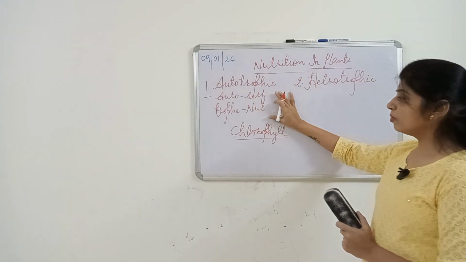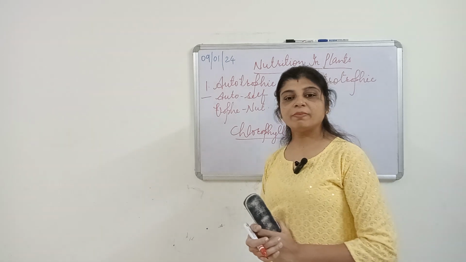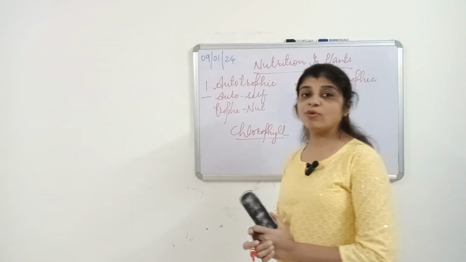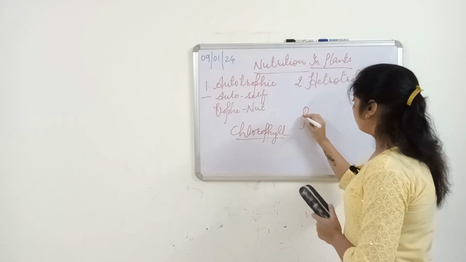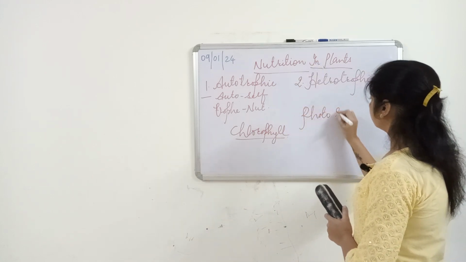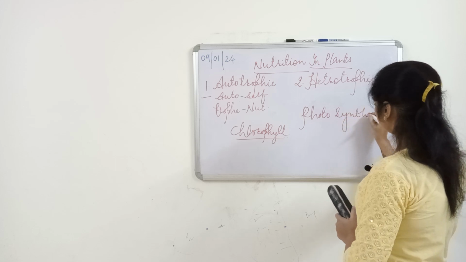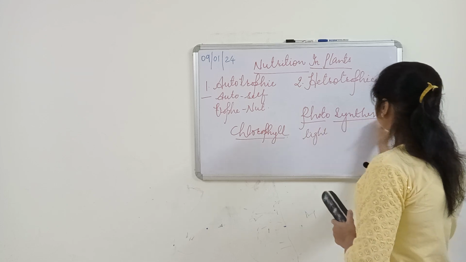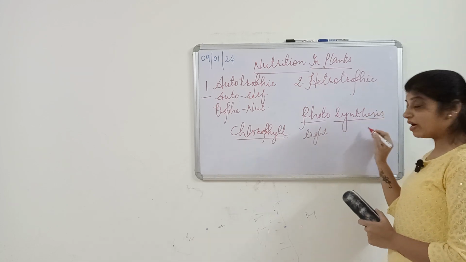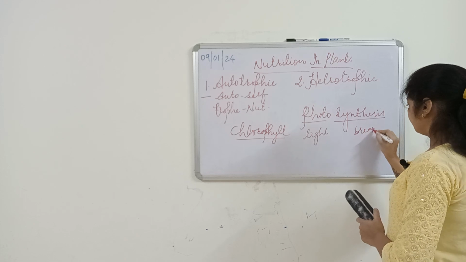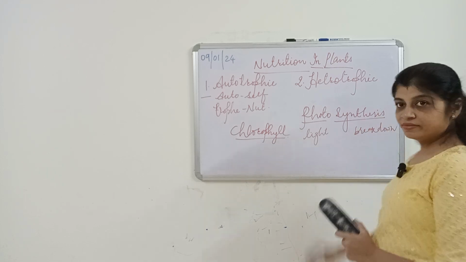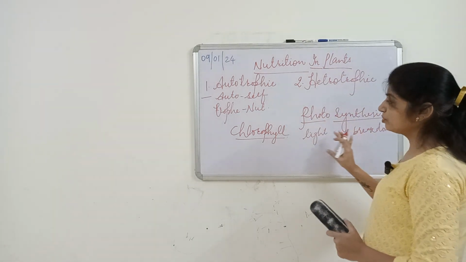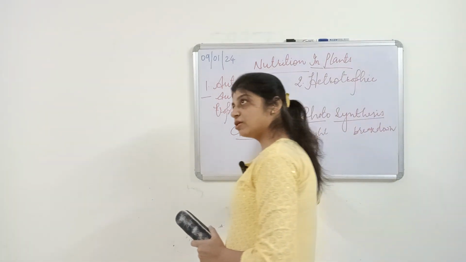So what is the autotrophic mode of nutrition? A mode of nutrition where plants synthesize their own food. Now which process do they use? Yes, of course, photosynthesis. Now see, photo means light. Synthesis means putting together, in the presence of light. So plants, those who prepare their food by the process of photosynthesis with the help of the green pigment chlorophyll,